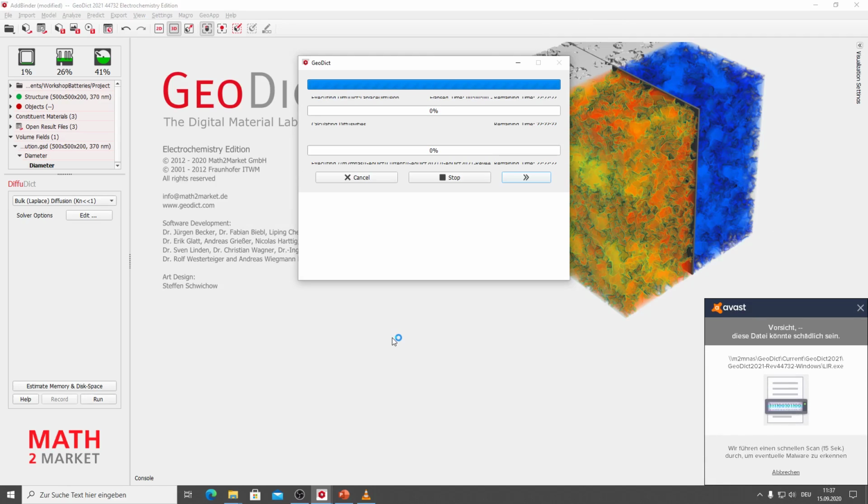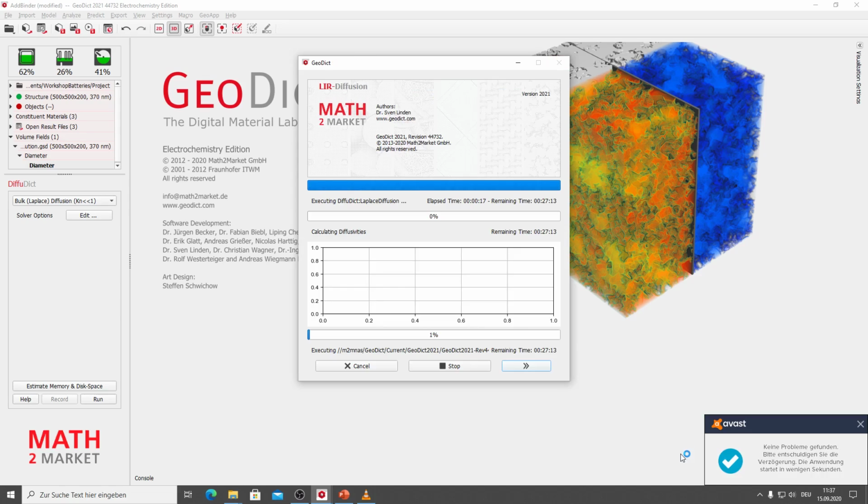And then sometimes, like in my case, for example, the virus scanner is trying to check if there's something bad happening. Just ignore it, and usually GeoDict follows on the normal path after that. So here you can see again the progress bar and what GeoDict is doing at the moment.